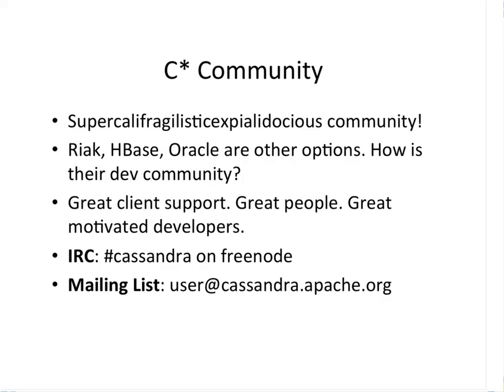So IRC is there for you. I didn't really use IRC beforehand, so don't be that afraid of it. Just Google Freenode, and you'll get the URL. You can connect to hashtag Cassandra. And there are people there who just want to help you when you hit a snag, when you don't know what to do. And there's also the mailing list,